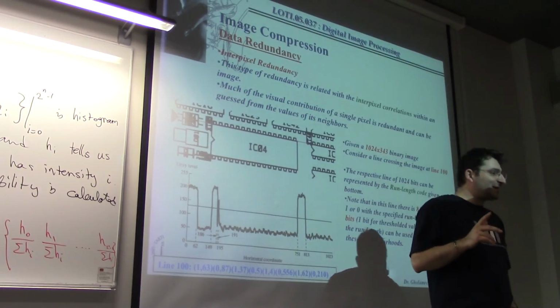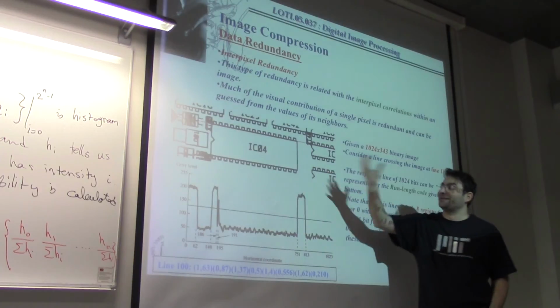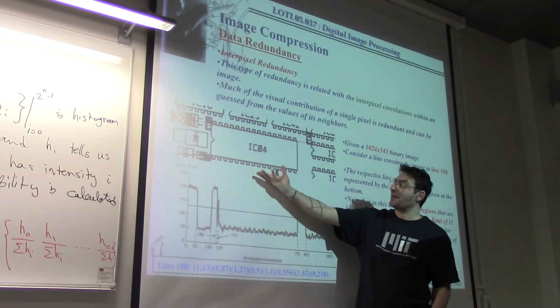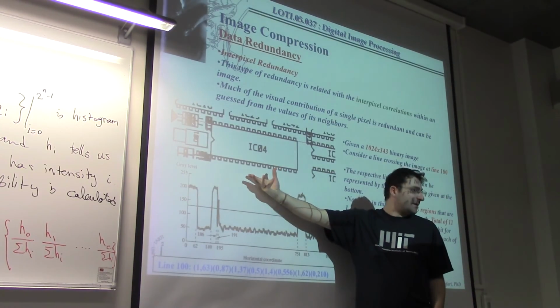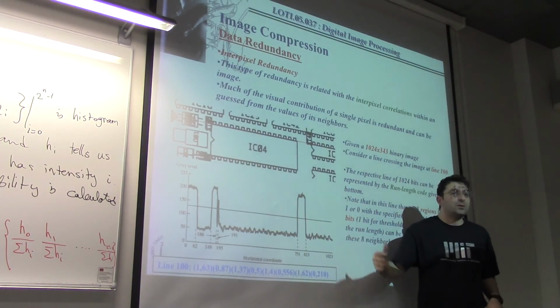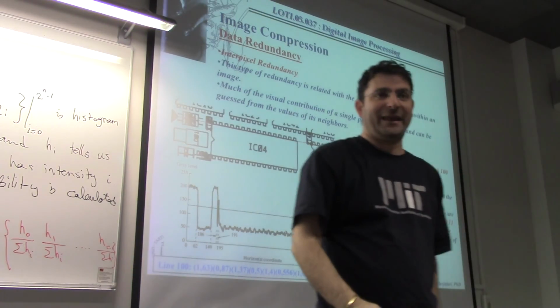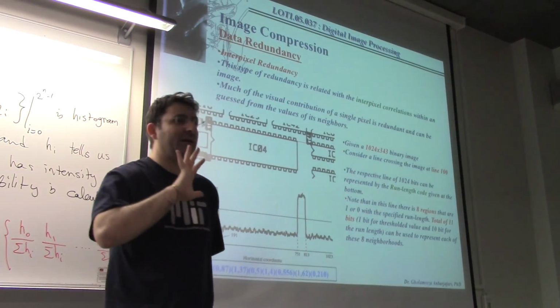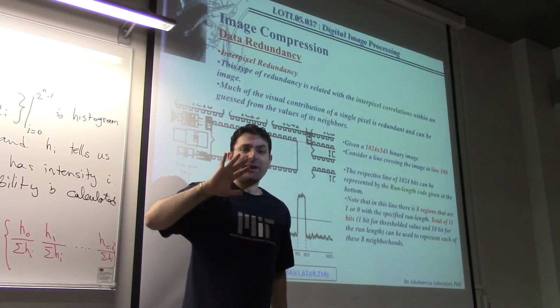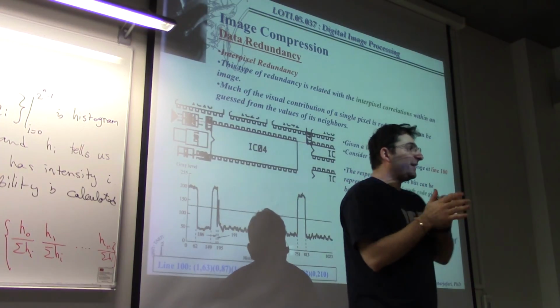Interpixel redundancy will become very meaningful in binary types of images. Here you see an image from a circuit, and this is, as you can see, a binary image. In other words, there are lots of zeros or ones happening. Remember, if 0 and 1 are happening frequently, like 0, 1, 0, 1, 0, 1, and there is no pattern like